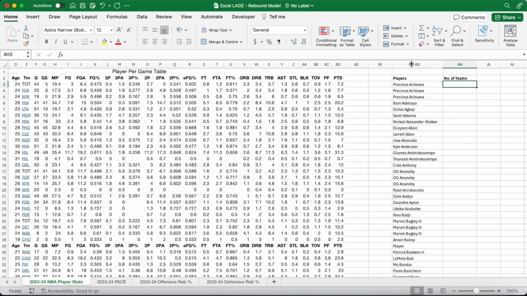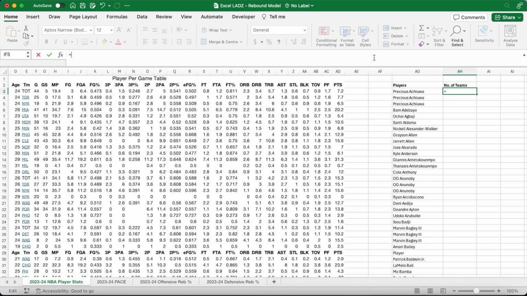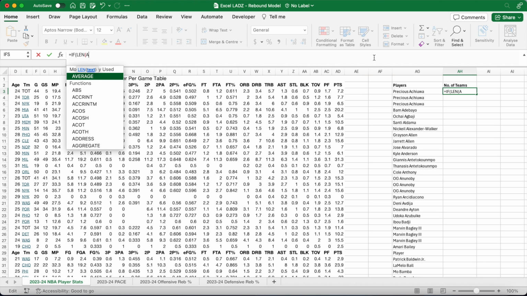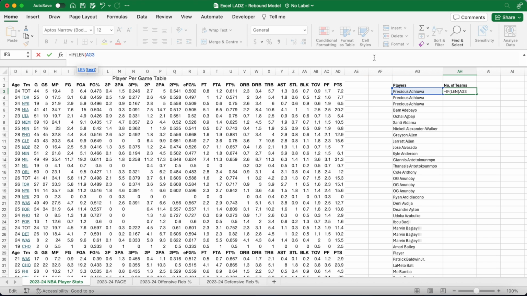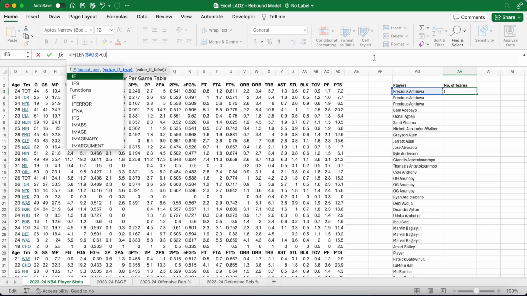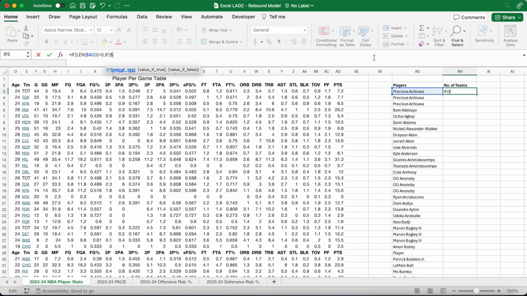the formula equals if open bracket, then I'm going to use the len or length function, len, open bracket, and then $AG3 so that we only reference the column in AG. Close the bracket, greater than 0. Then if that's true, return another if function. That's going to be if AG3, again, only referencing the column AG, is equal to $AG2. Then return 0. If not, return another if function, open bracket, if AG3 is equal to the text player, then